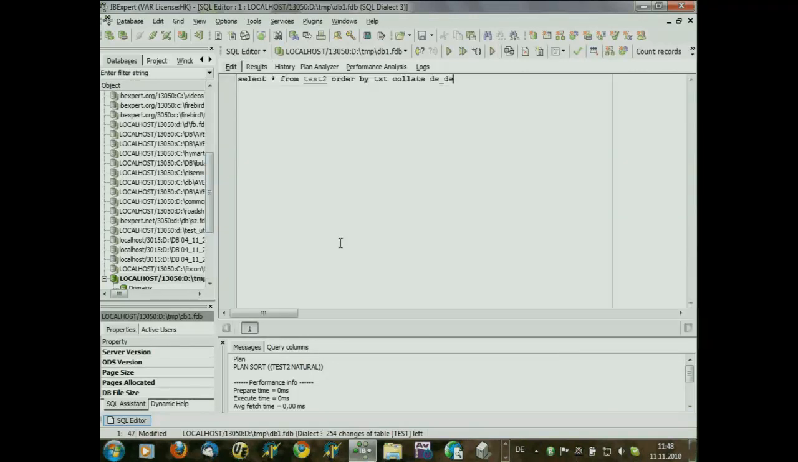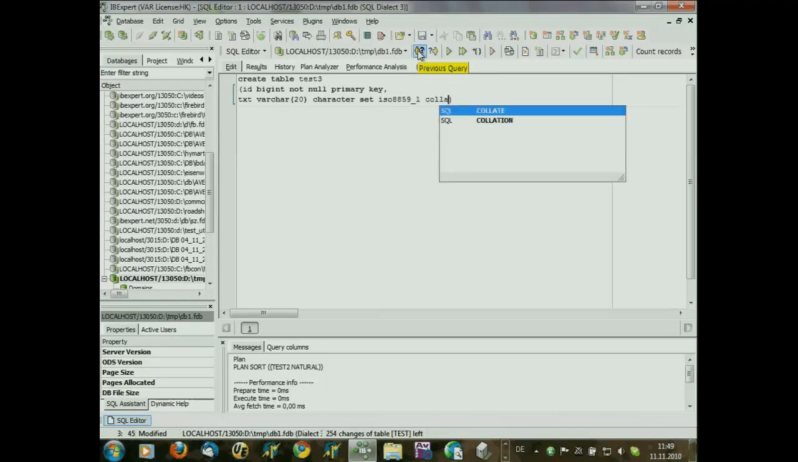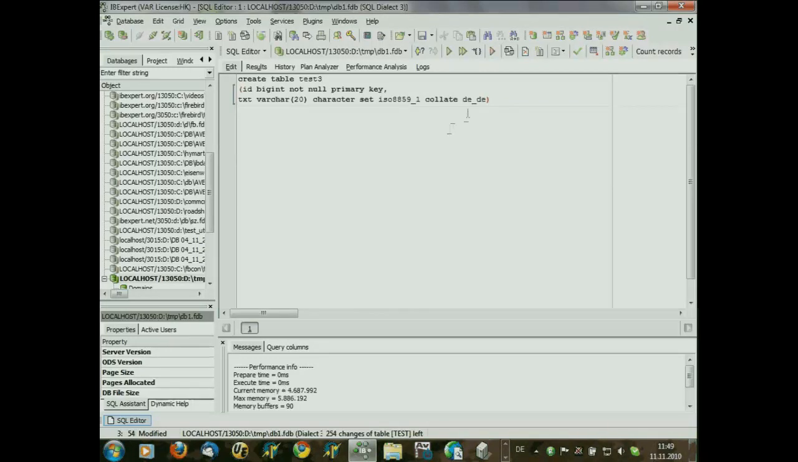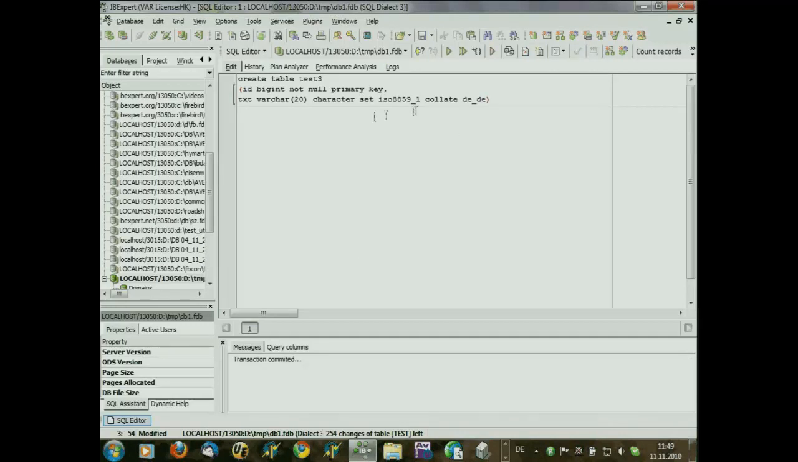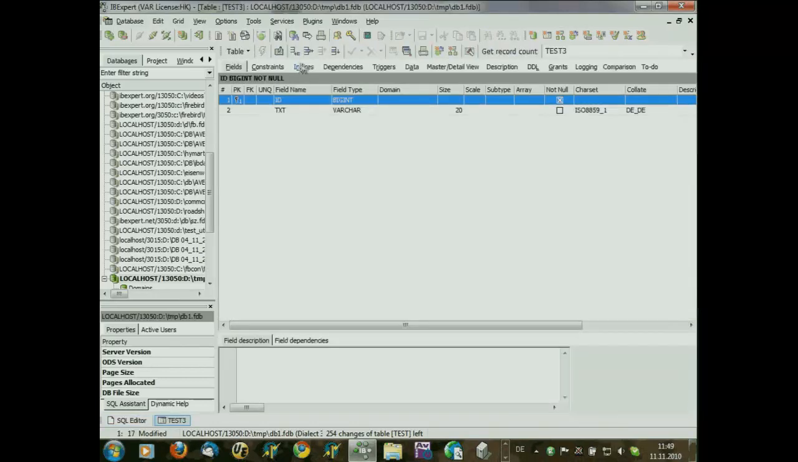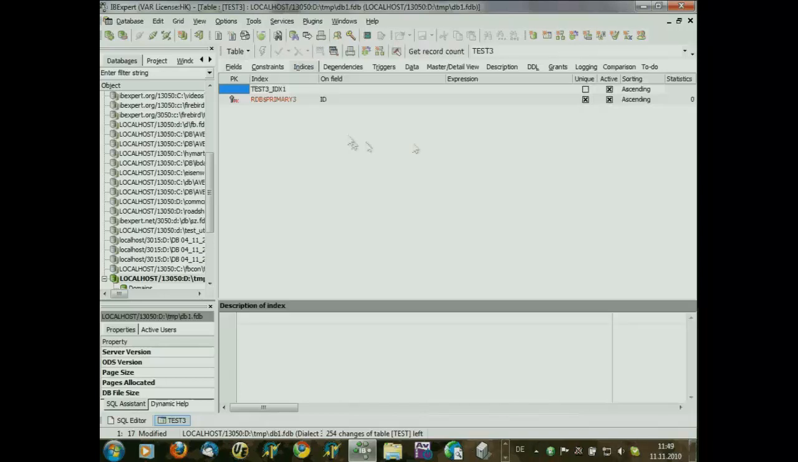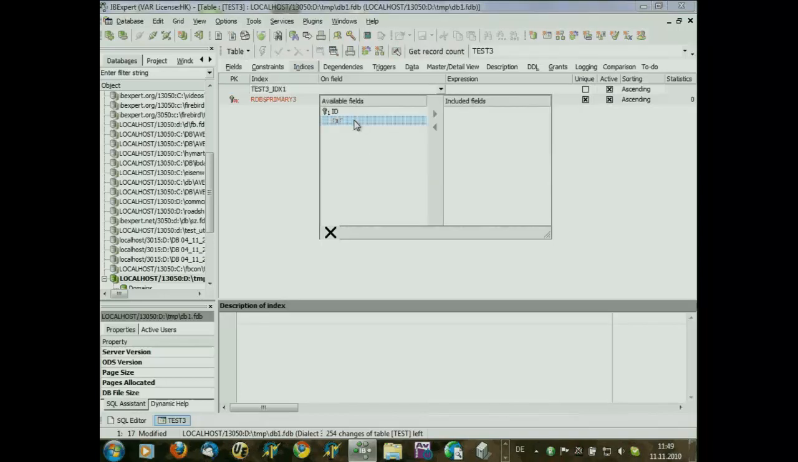So this would be the way that we can create a table test tree, where we not only say the character set, but we also say collate DE_DE. And when we have the proper character set definition and the proper collation for the column, and we have an index on this column,